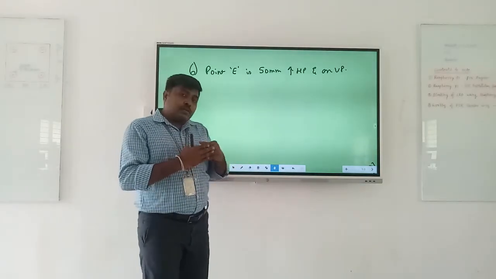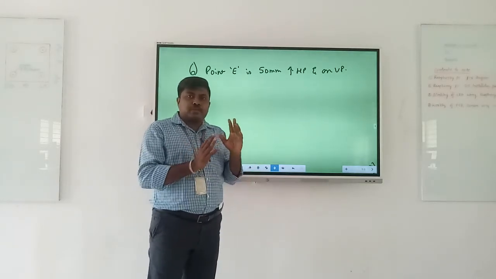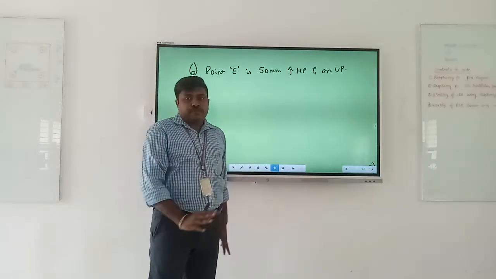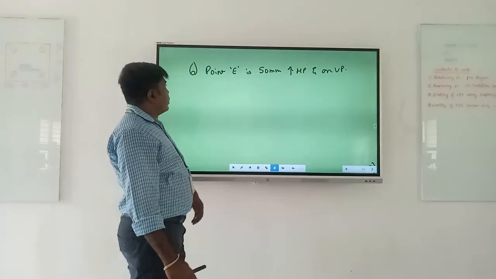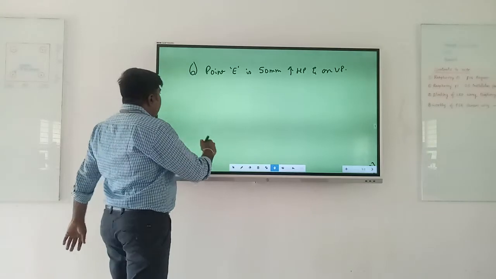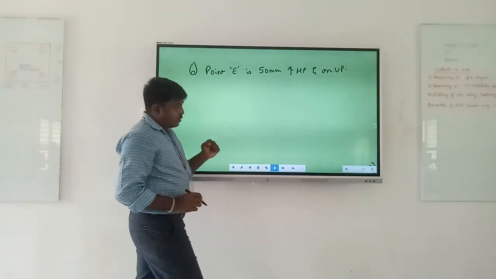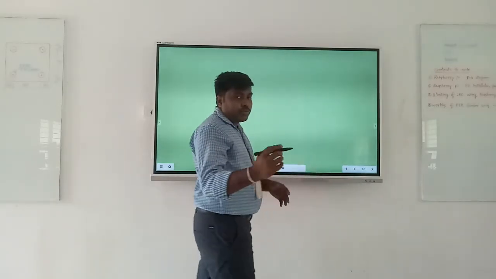Till now we have seen a problem particular to one particular quadrant. So this is either it should be particularly first quadrant, or second, or third, or fourth. That's all. Whereas now let us see a sharing quadrant problem. So here it says the point E is 50 mm above HP and on VP. For the first problem, I will write down a rough sketch. Then for the second and third problem, I will just show you how to solve.